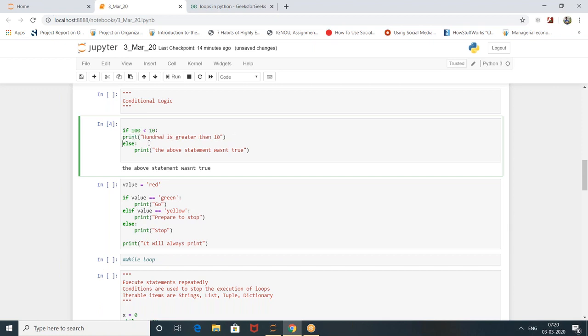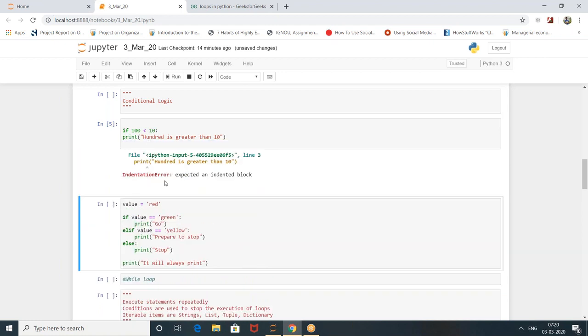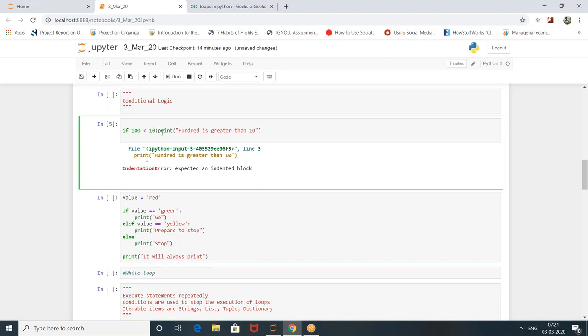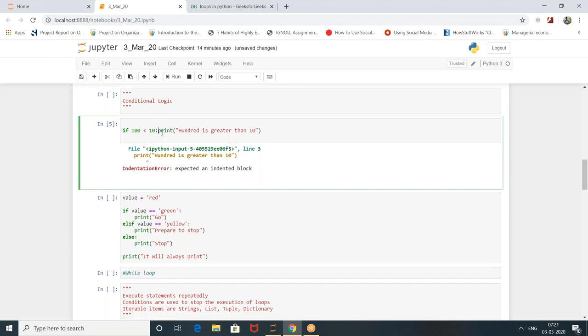I wouldn't have given this tab. It will fail with an indentation error. Python is completely driven by indentation. We call it indentation: the four white spaces or the tabs. Colon, okay. So when you write an if condition, write a condition, end it with a colon, and then